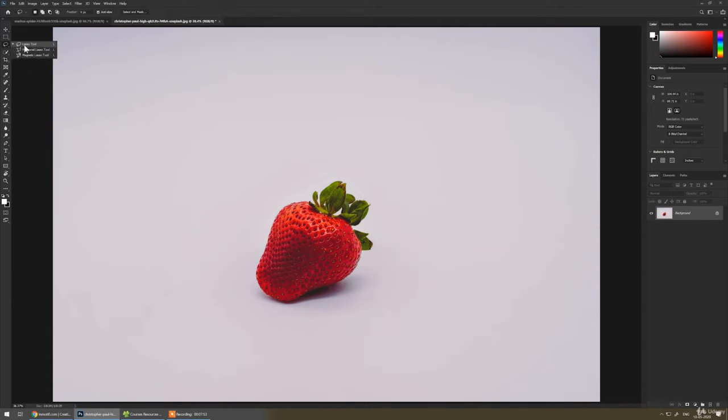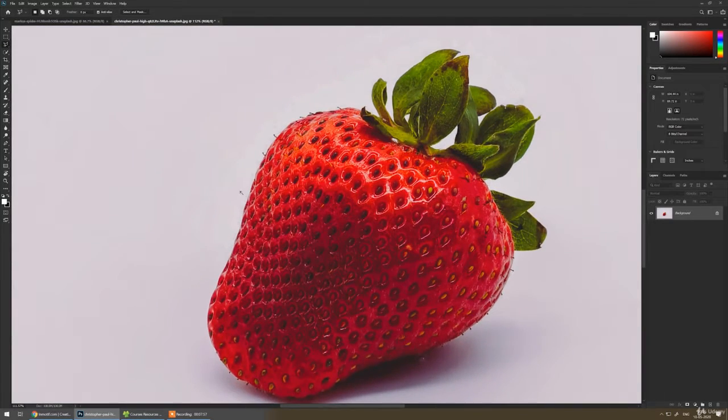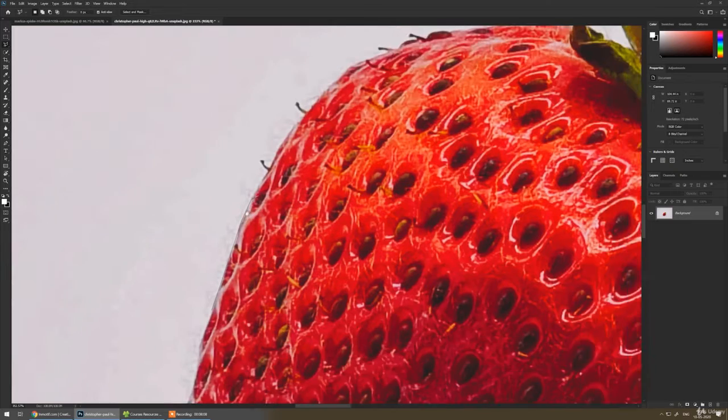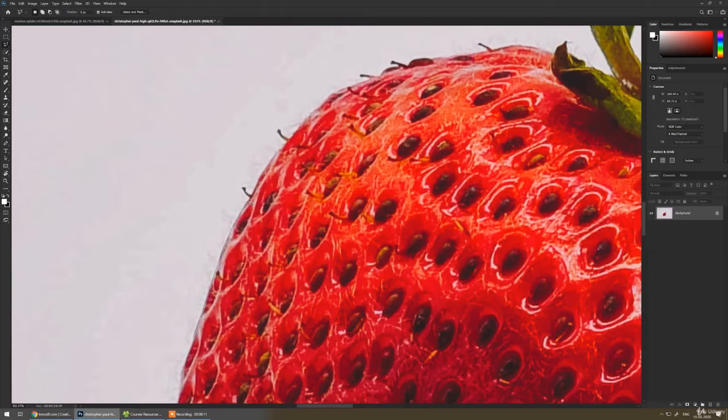Next we have the polygon lasso tool. The polygon lasso tool is an edgy selection tool. It will help us create a manual, edgy polygon selection. The moment I click, it will enter a node and select that part.